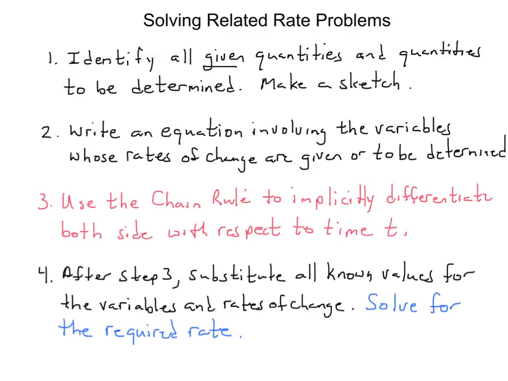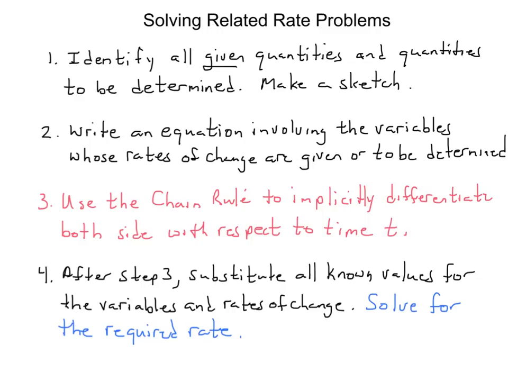Okay, now here is the key part. Please notice up here that you're not plugging things in for the variables. If you've recognized something as being constant, you want to make sure that that is in the problem early on. But variable values are not plugged in yet. That third thing, and that's why I have it in red, is real important. You're going to want to use the chain rule to implicitly differentiate both sides with respect to time t. You're going to take the derivative of your equation that you wrote in the second step here with respect to